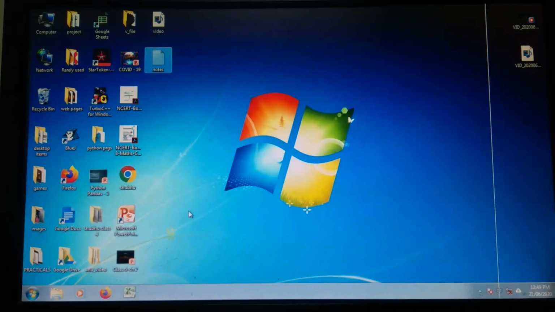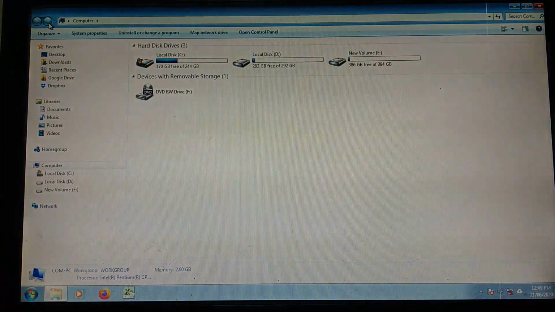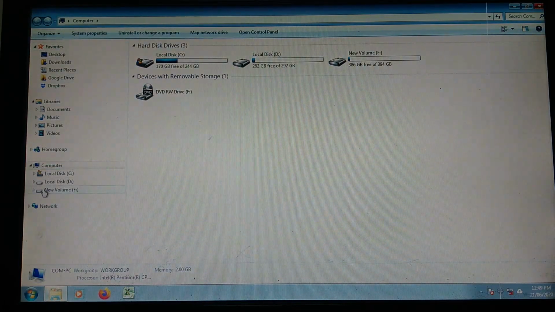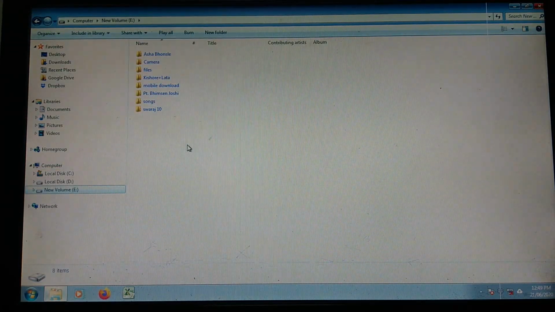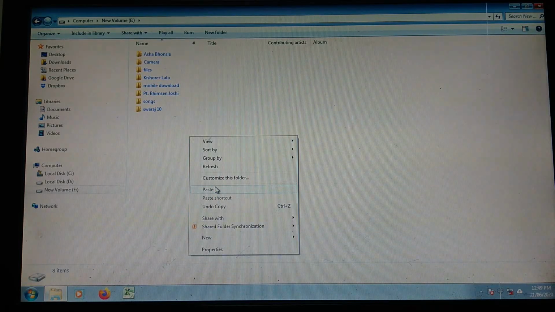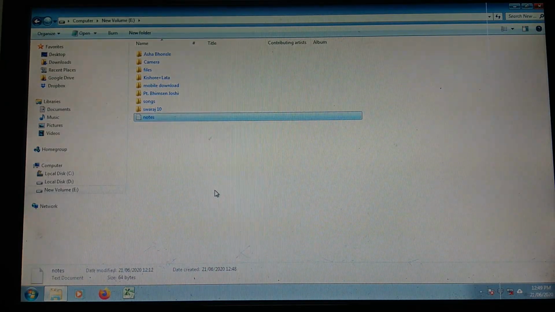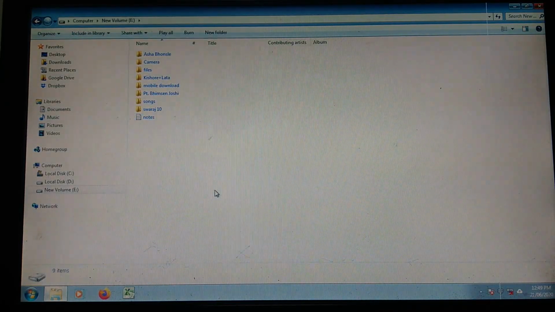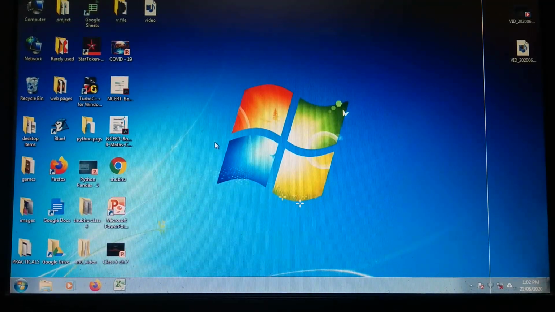So Cut, then go to the computer, double click here, then in Organize, E drive, then it shows the E drive contents, single click here, then right button and choose the option Paste. So students, these are the simple steps to copy or move a file from one place to another. So now, how to move a file from computer to removable disk?